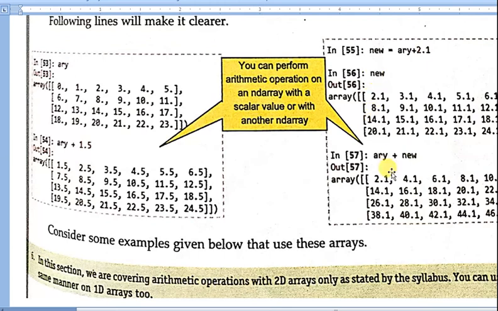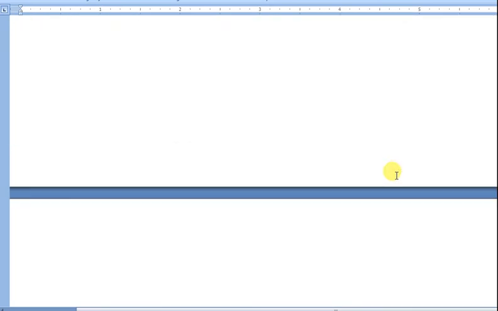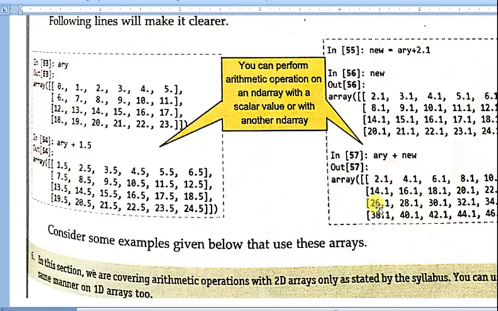One array is ARY and the second array is new, and directly you can add one array plus the other array, and you will get the sum of matrices. If you pass subtraction, that will return the subtraction of matrices. In this way you can form the expression.